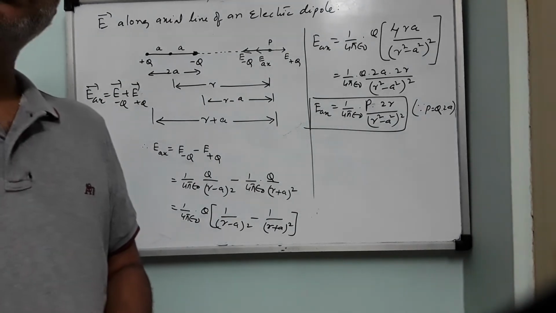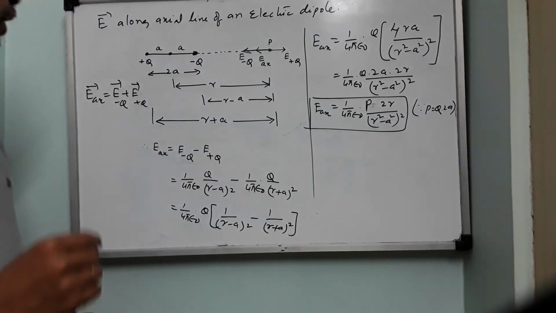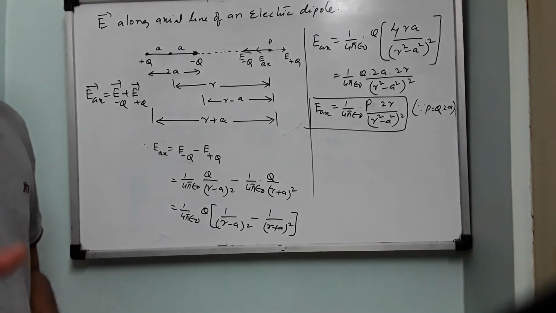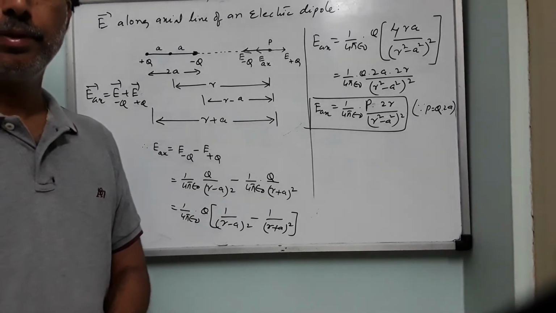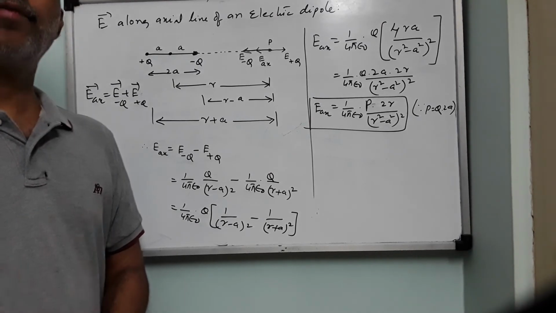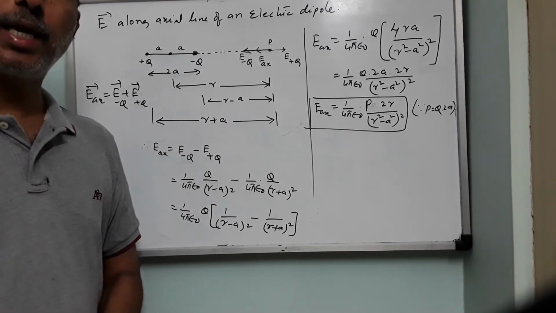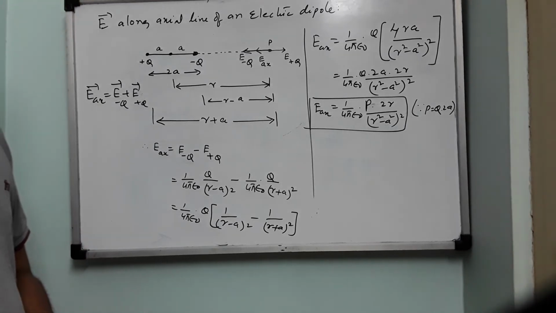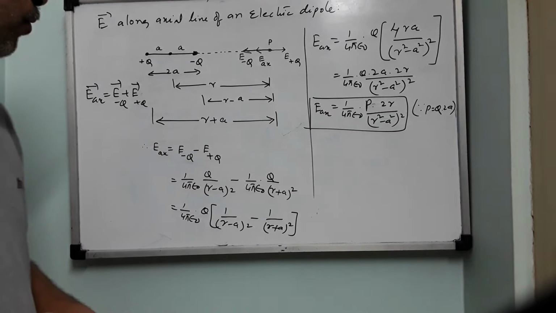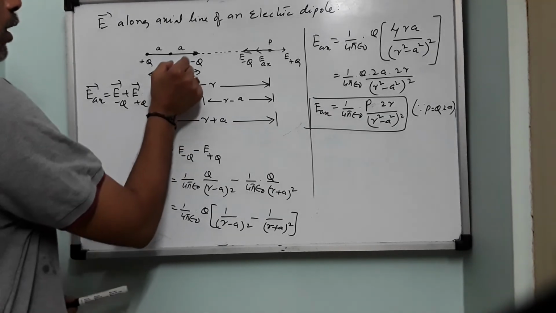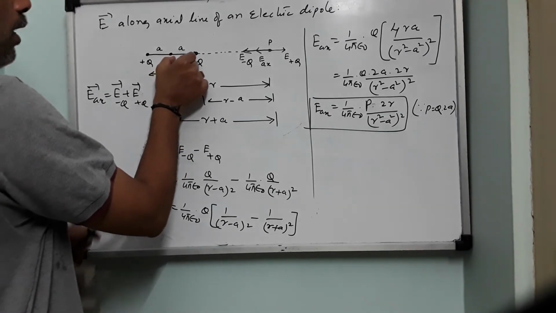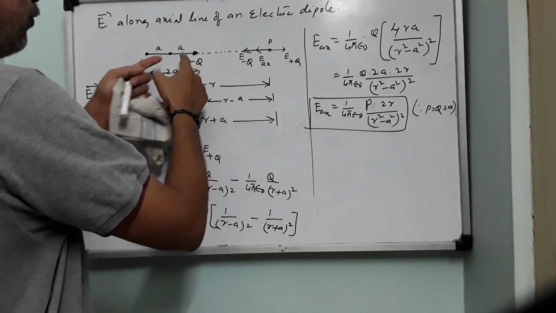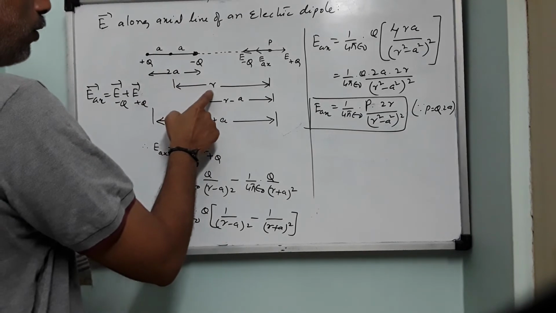Now we said that electric dipole is a physical arrangement of equal and opposite charges with a small separation between them. How small is it? It is of the order of angstroms. How much is an angstrom? It is 10 power minus 10 meter. Such a small dipole, we generally name it as what? Short dipole. Then for a short dipole, this A will be very, very small as compared to R. This is R and this is A. So therefore A is very small as compared to R.